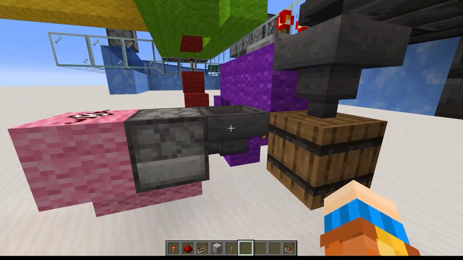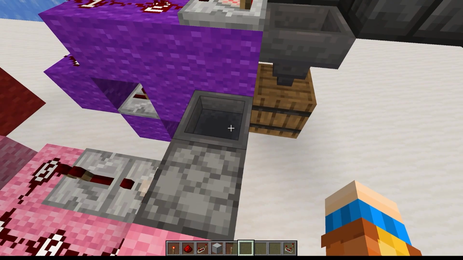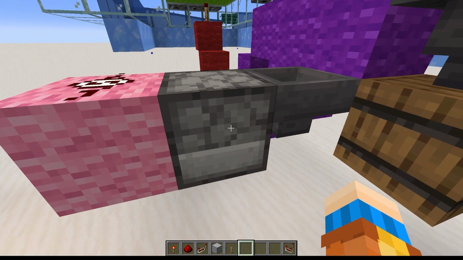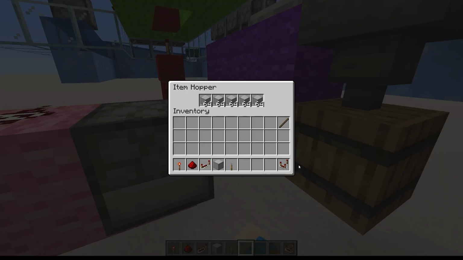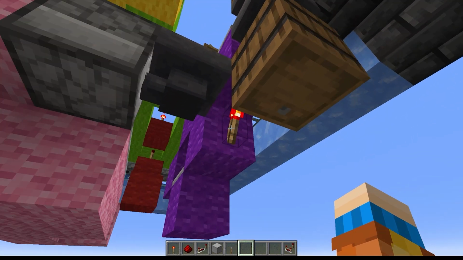We have the dropper and hopper pointing into each other, which means that whenever the item counter pulses, it will push one smooth stone back into the hopper rather than ejecting it onto the ground. We start with a hopper full of 5 stacks of smooth stone, positioned next to the purple section's redstone torch,